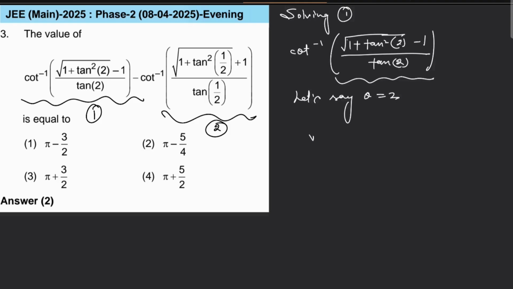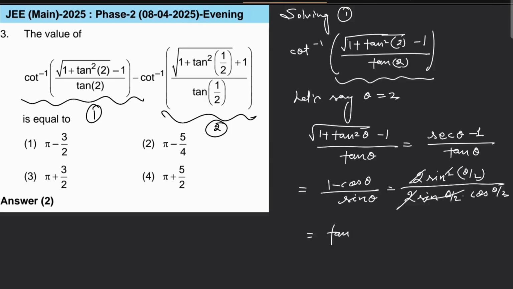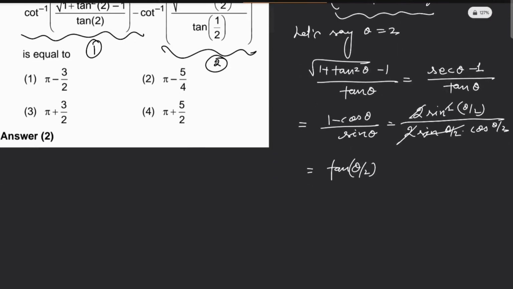If theta is equal to 2, then under root 1 plus tan square theta minus 1, divided by tan theta. Under root 1 plus tan square theta is sec theta, so sec theta minus 1 divided by tan theta. If you simplify this, we get 1 minus cos theta divided by sin theta. 1 minus cos theta is 2 sin square theta by 2, and sin theta is 2 sin theta by 2 into cos theta by 2. The 2 cancels and one sin theta by 2 cancels from the numerator and it comes out to be